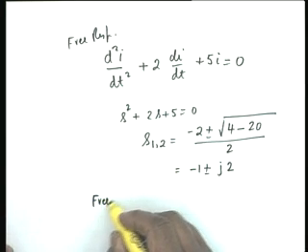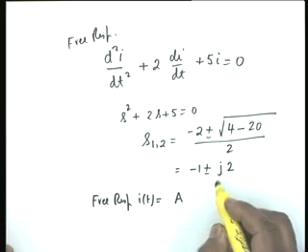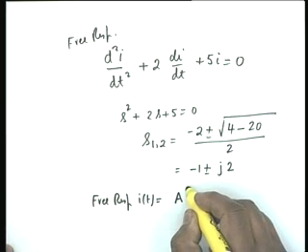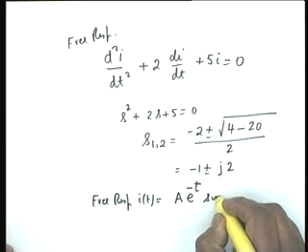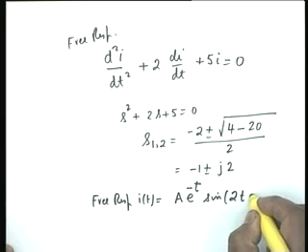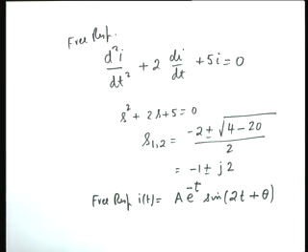which if you do a bit of algebra you can write the free response in the form of some constant A multiplied by e to the power minus t, then sine of 2t plus theta, some theta. So this will be the form of the free response. It would be a damped sinusoid. All right. I am omitting all those steps.